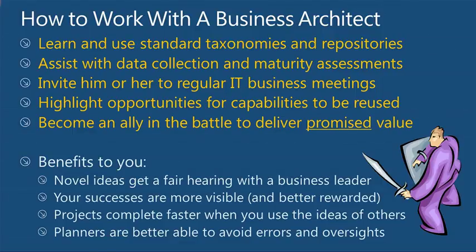Here's a couple suggestions, right? Learn the common taxonomies. Business architects have a really hard job of getting everyone to use the same words. They're never going to succeed in getting different business people in different parts of the business to use the same words. But if among the architects you can use the same words and then just translate when you're talking to the business, you'll get a lot more consistency. Learn what those taxonomies are. They do exist. A standard taxonomy of business processes, learn it.